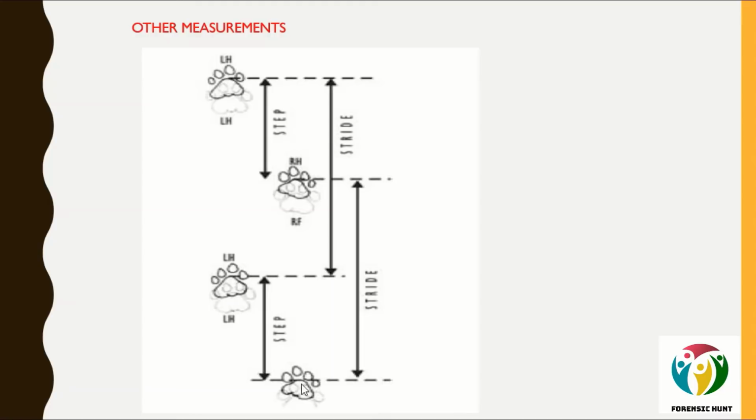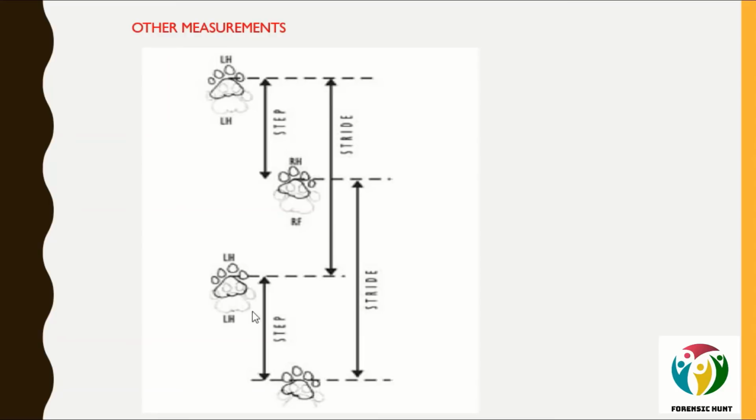So you can say that stride length is defined as the distance between the successive ground contacts of the same foot. Let's say this is the foot which is placed successively 2 times on the ground, and you have to take the distance of the same foot from the same point. So if you have taken the topmost point of this pad, you have to take the topmost point of the next placement of the same foot, and then measure the distance. This is the distance which is called stride length.